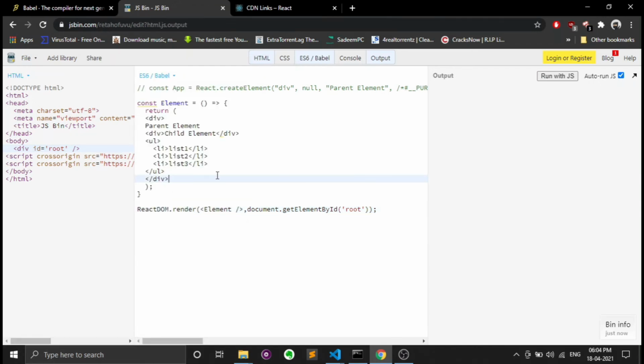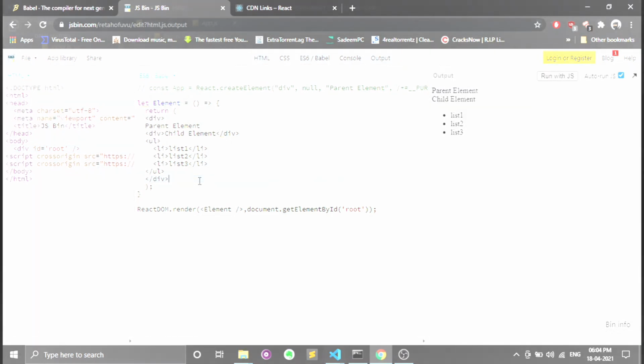Okay, to render that first element, you can see the results by using simple HTML tags. So that is how React, or rather Babel, works under the hood to convert a simple HTML tag to a JSX element, a React element.